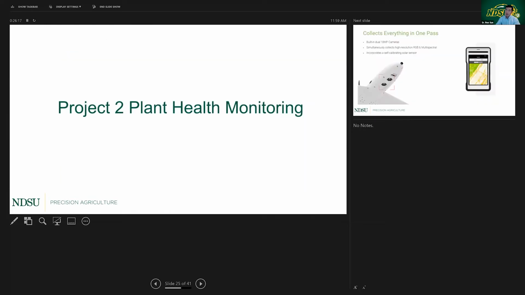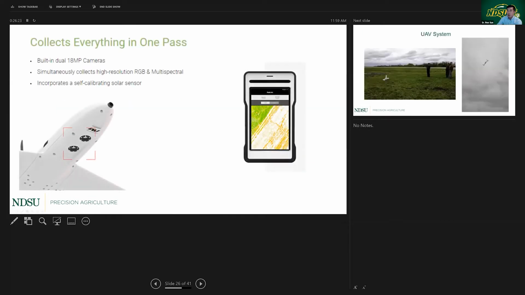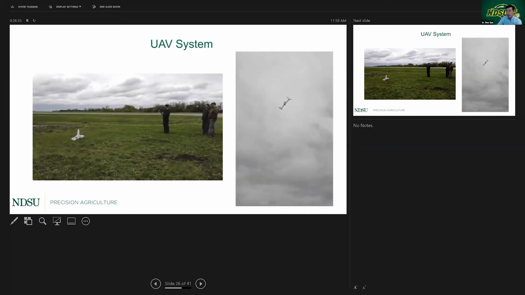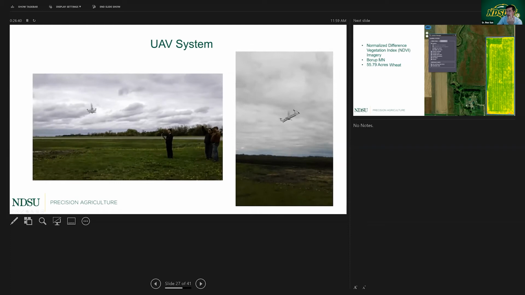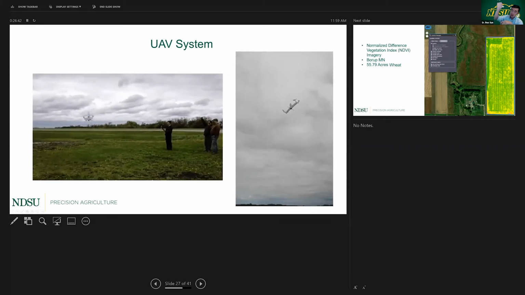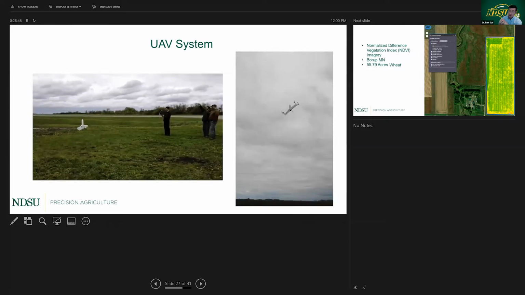Project two: I'm using AI in plant health monitoring. And this is a drone system. A company in California donated this drone system to us. This is literally one of my favorite drone systems, and I have a video to show. This drone can take off like a rocket, and then after reaching a certain height, it will change to a fixed wing drone to fly